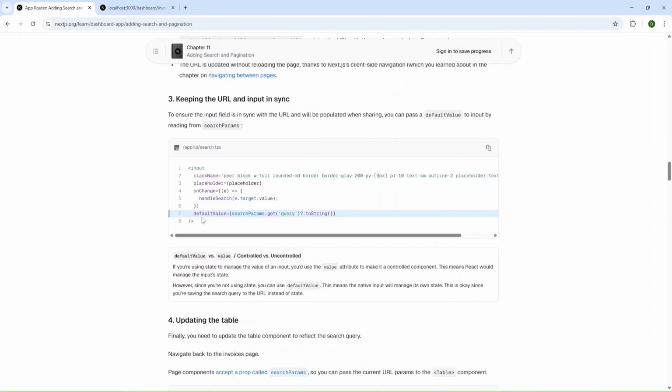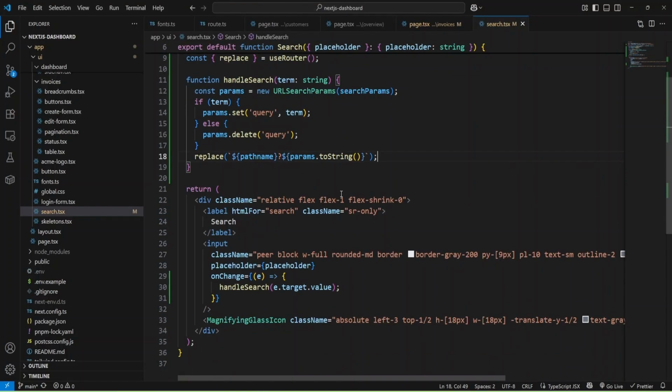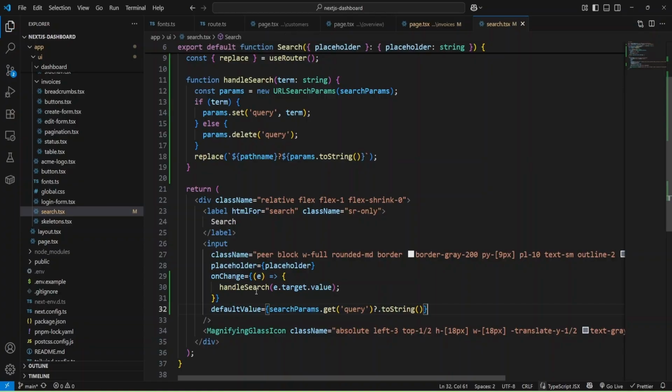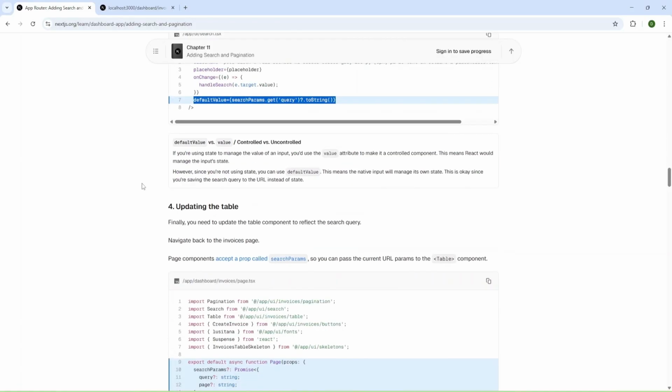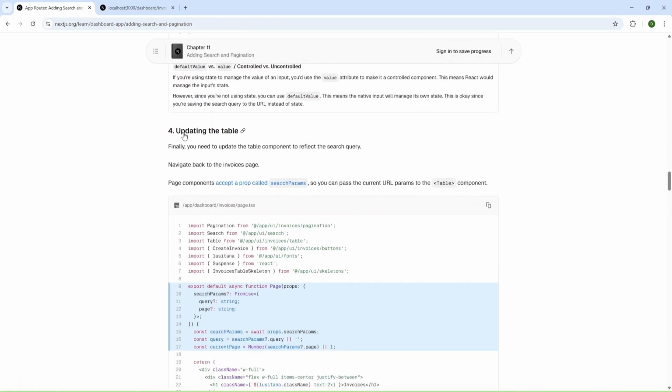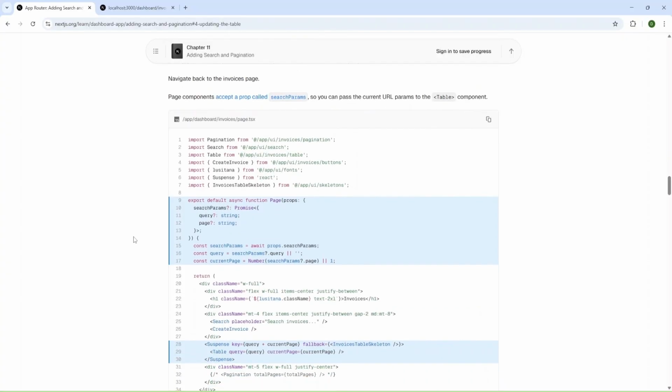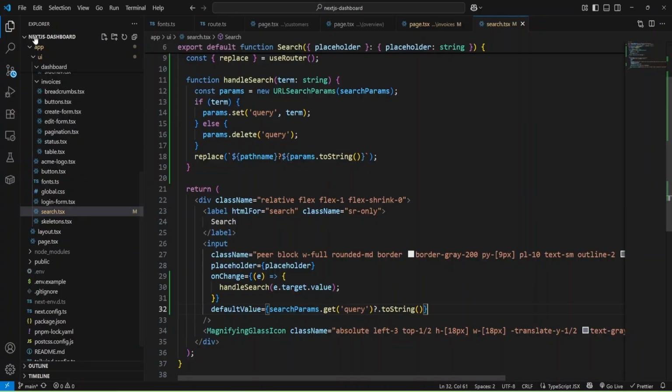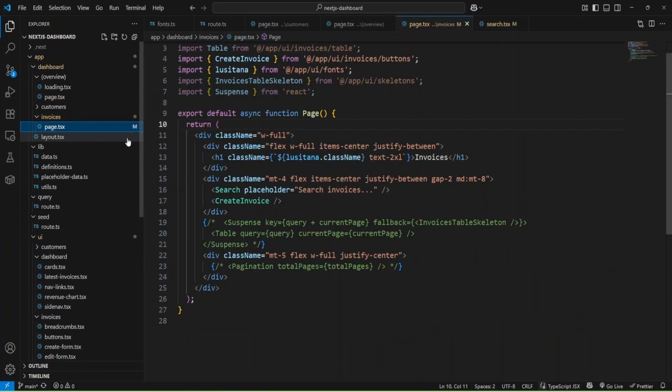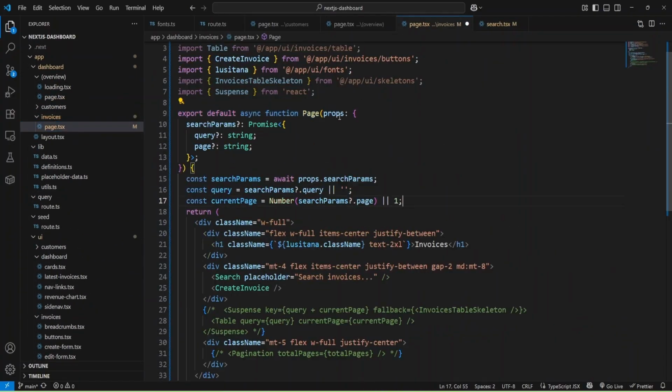And we need to add a default value here. And let's do it. And I'll add it to the input. Okay, and let's check what we have next. Next, we can update the table inside the invoices page. Let's add this code.